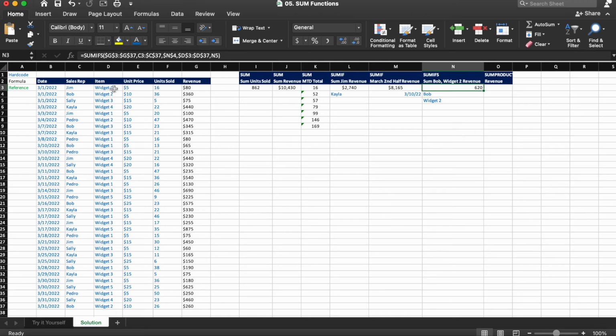Again, our formatting is a little bit off, so let's go ahead and use our Format Painter again. And click Format Painter, paint this cell, so now they're all currencies. So what we can see now in cell N3 is that Bob sold widget number 2 that was worth $620